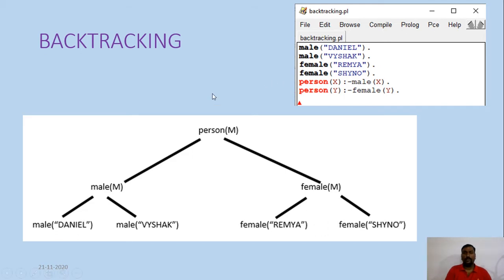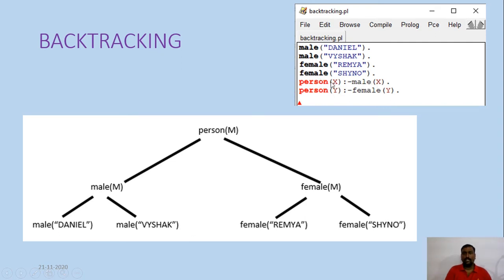So how does Prolog derive these four inferences? If our query is person of M, then first it will check what rules are defined in our knowledge base which define person. So first it will go for forward chaining. The first statement it will see is male of X implies person of X, or if X is male then X is a person.